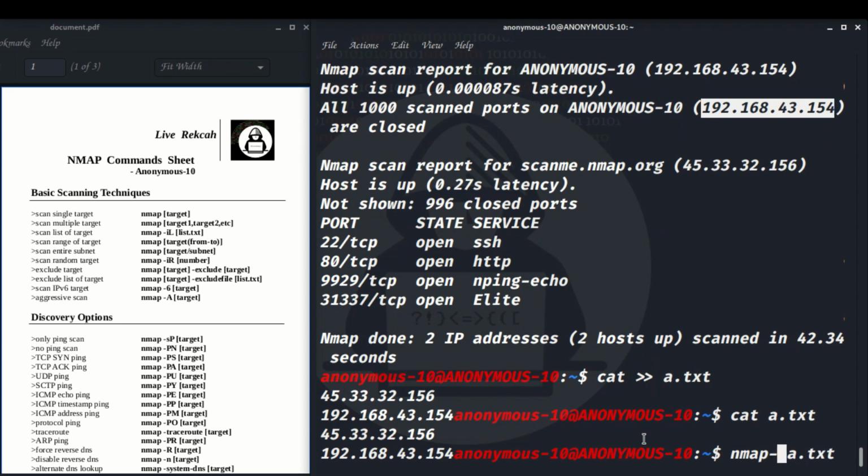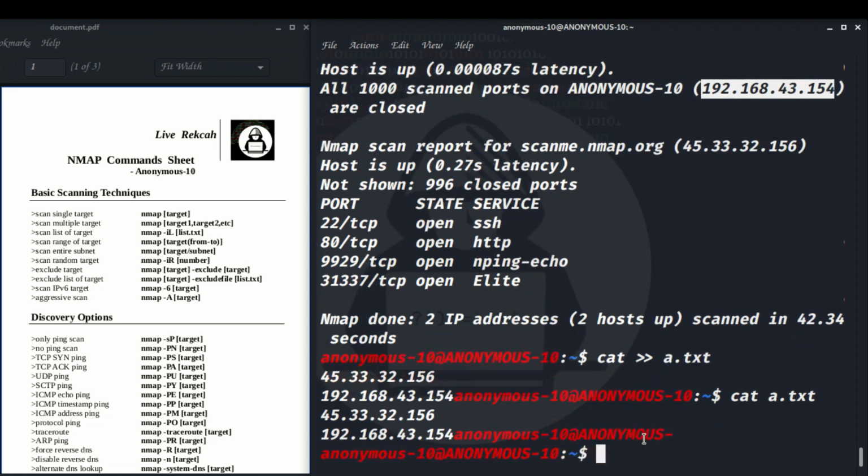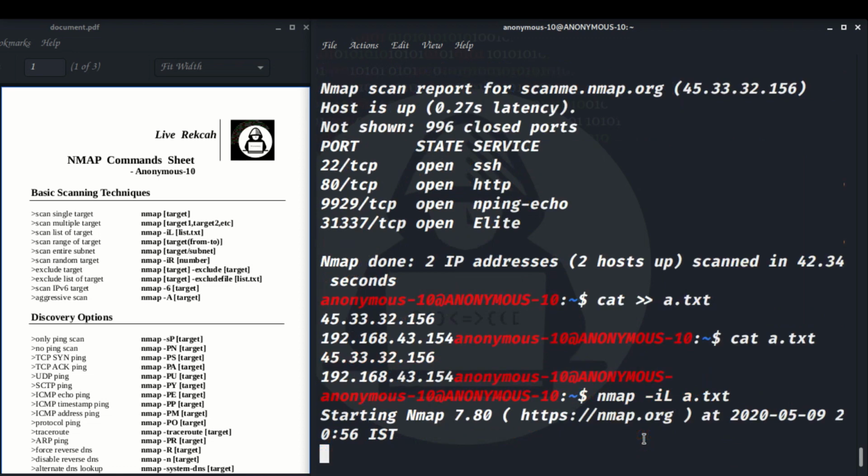So nmap -iL a.txt. That's all. Starting Nmap, it's going.